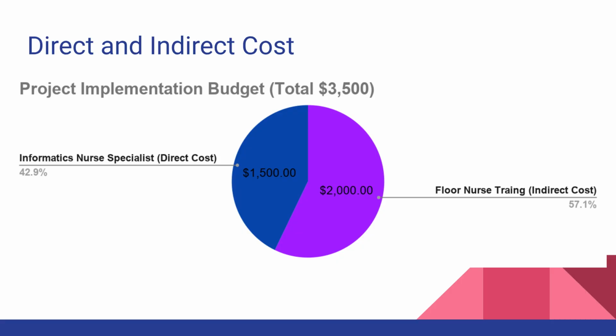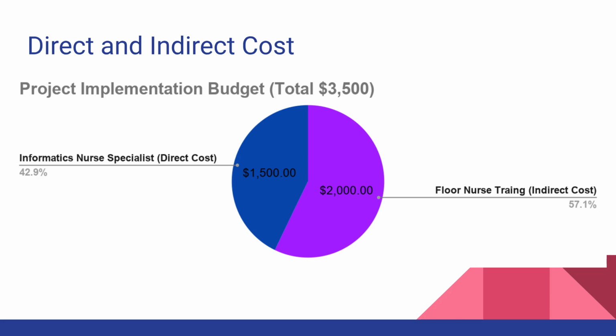This slide provides a visual representation of both the direct and indirect costs associated with integrating this protocol seamlessly into the unit's current infrastructure. Because this protocol will be using existing resources, the budget required to implement a standardized shift report is cost-effective. The indirect cost primarily consists of the paid 15 minutes each of the unit nurses will need to complete educational training regarding the protocol.